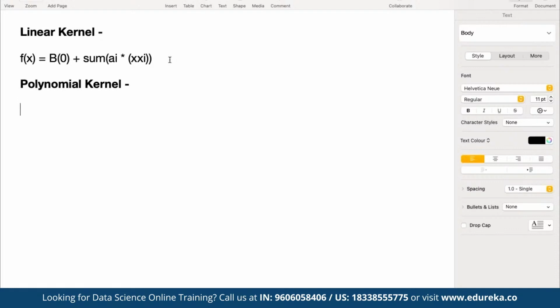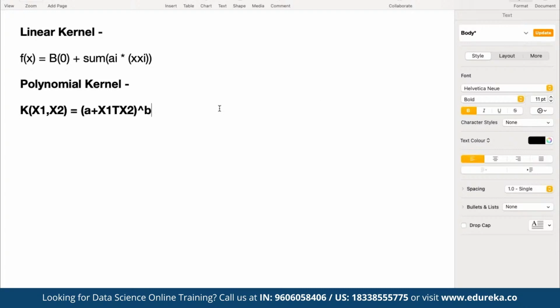For example, here we can refer to this as k, and then we can define multiple points like x1, x2, and add this to a 1 plus the product of x1 and x2, and the entire thing has to be raised to the power d itself.